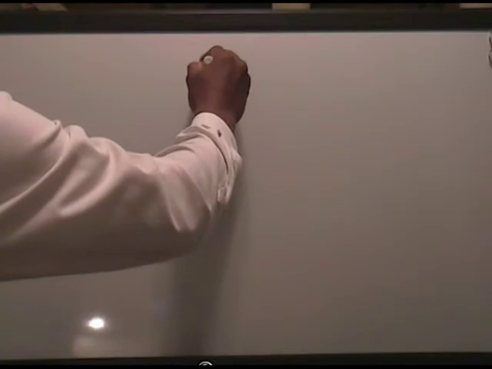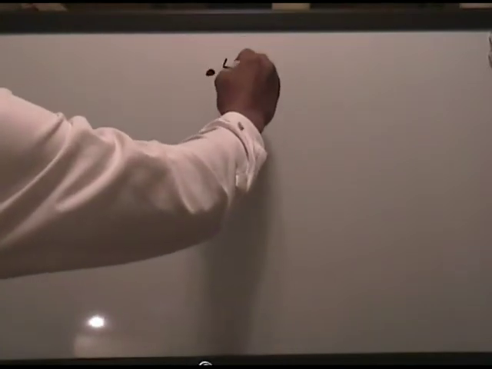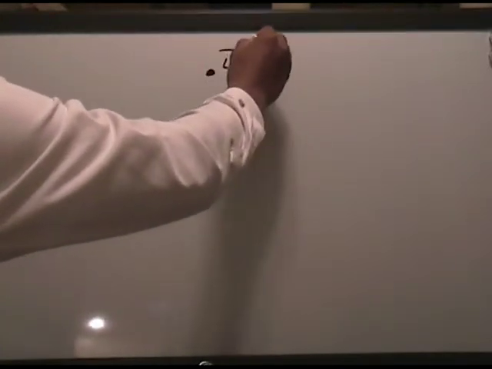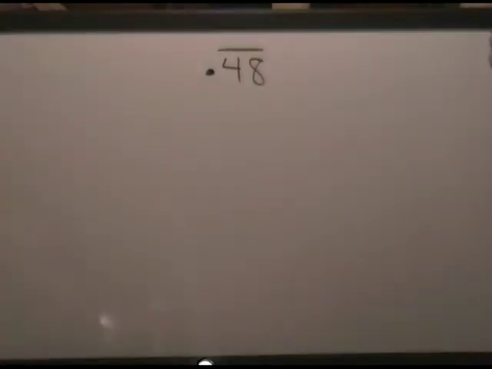The repeating decimal that we're going to use today is 0.48 repeating, or 48 hundredths. Now this is repeating. So basically what this means is